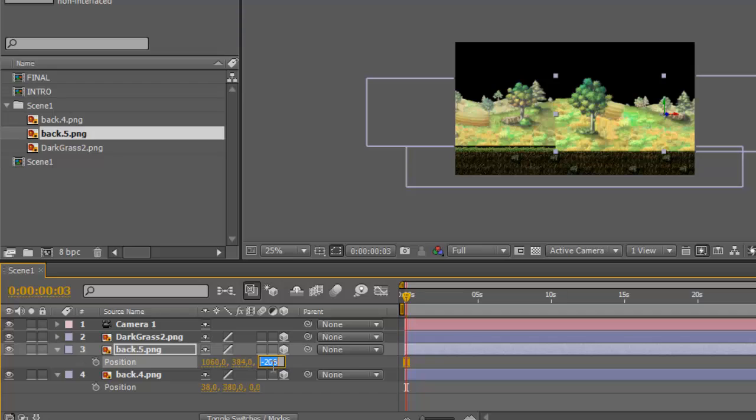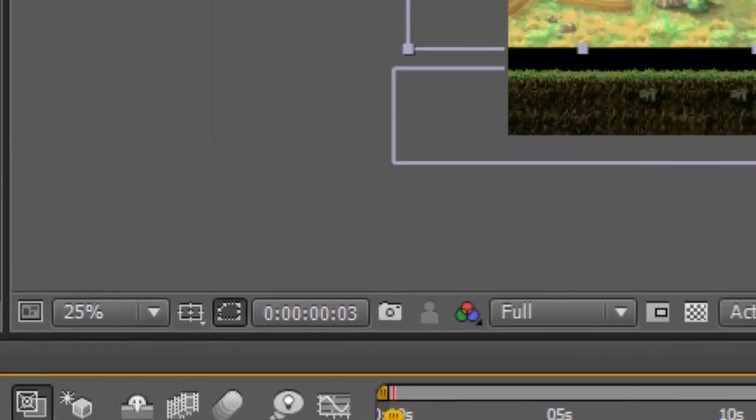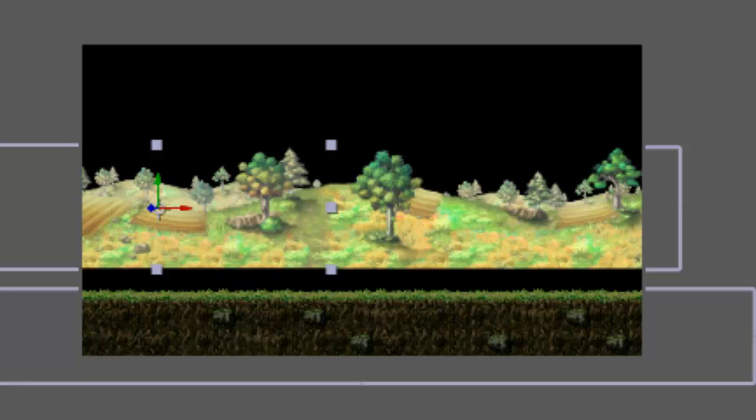Well, let's try typing 500 to make it look like something. And this one is also going to be 500. So they are in place. If you really want to make sure those stay together,